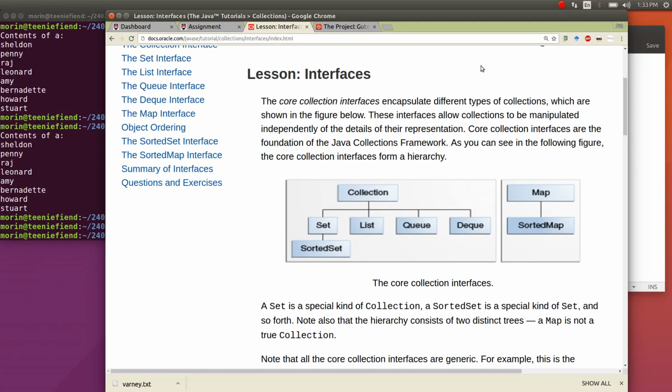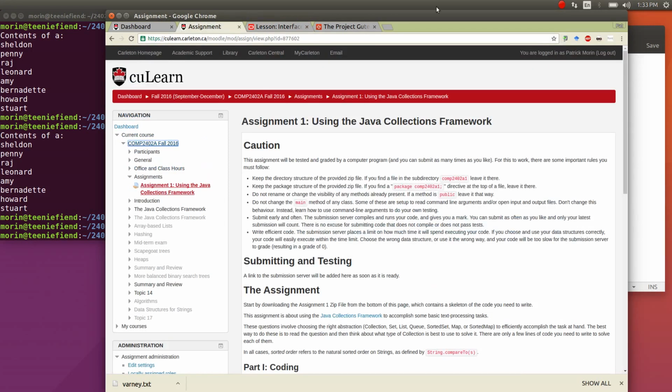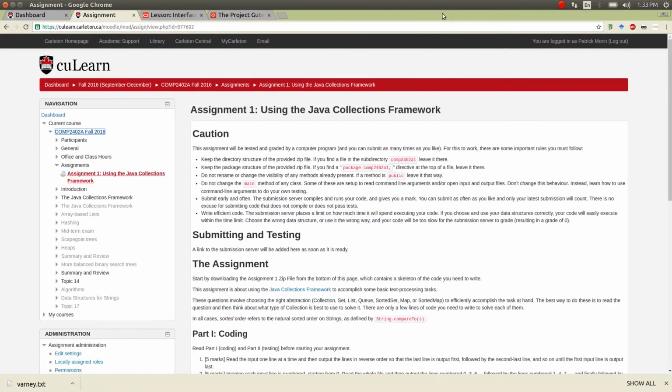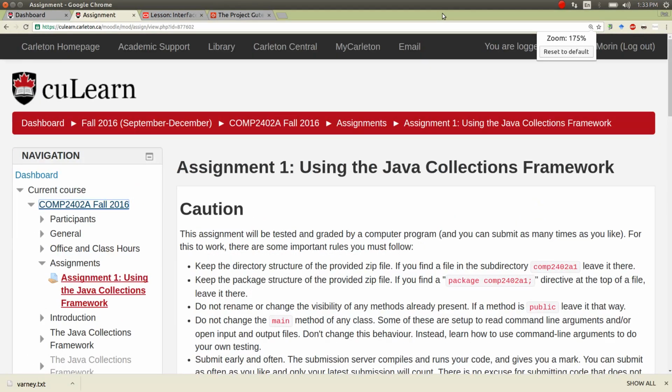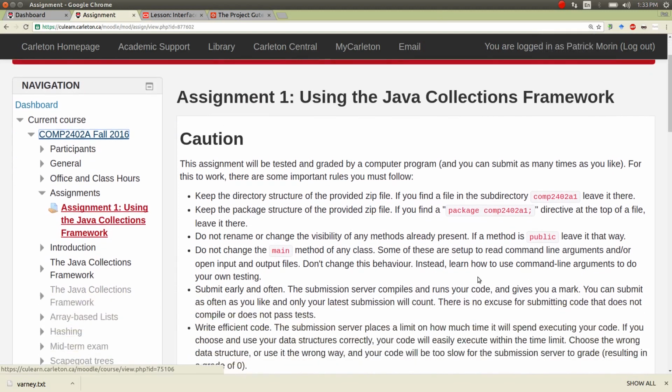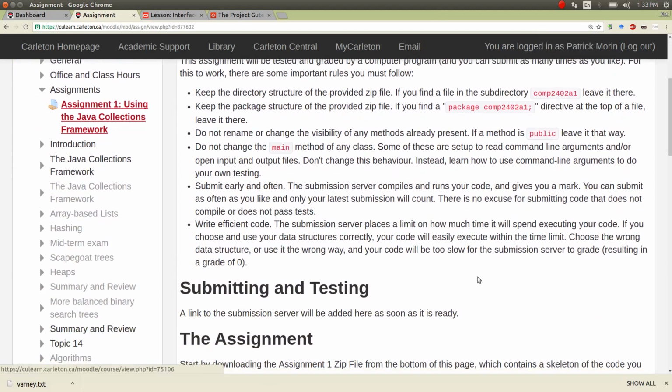I need something to get you guys up and going and started right away. And that something is assignment 1, which is on the course website. And I'd like to talk a little bit about it, because now is the time to talk about it. You can ask me questions. You can ask me questions about the assignment at any time, usually at the beginning of class or at the